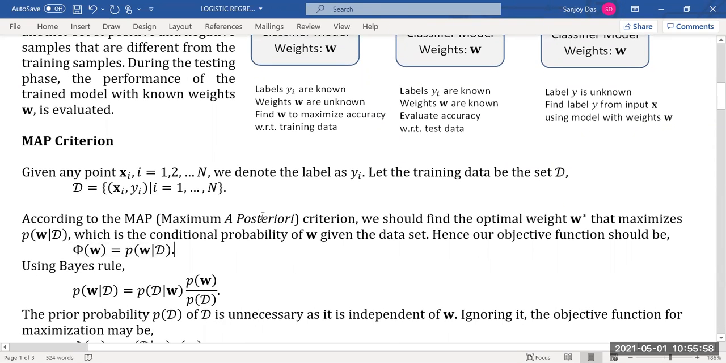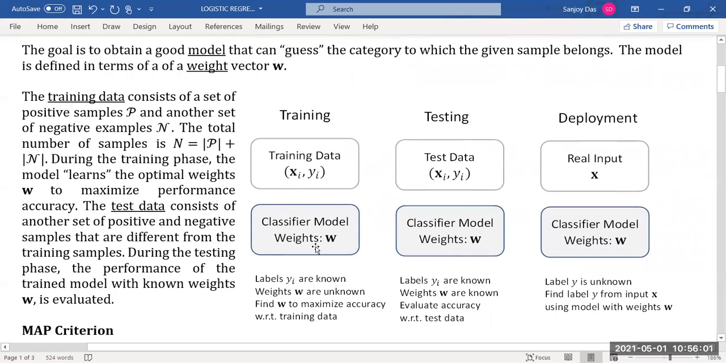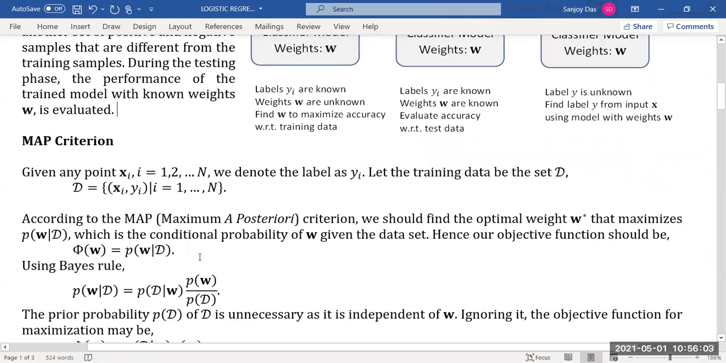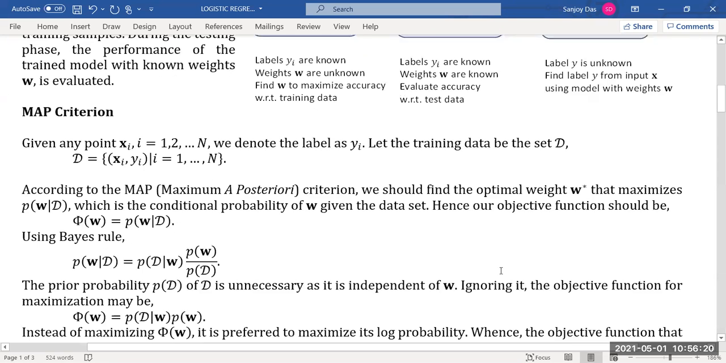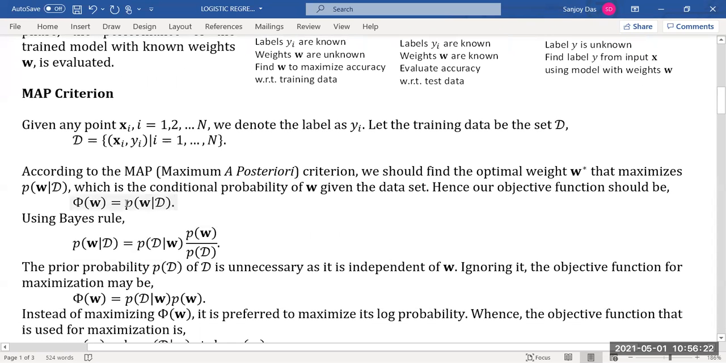Now, we want to find a W, right? So we are in the training process. We want to find the W, given this training data set D. So what we should do is let the optimal weight vector be denoted as W star. So we should find this. This is our objective function to maximize the probability of the